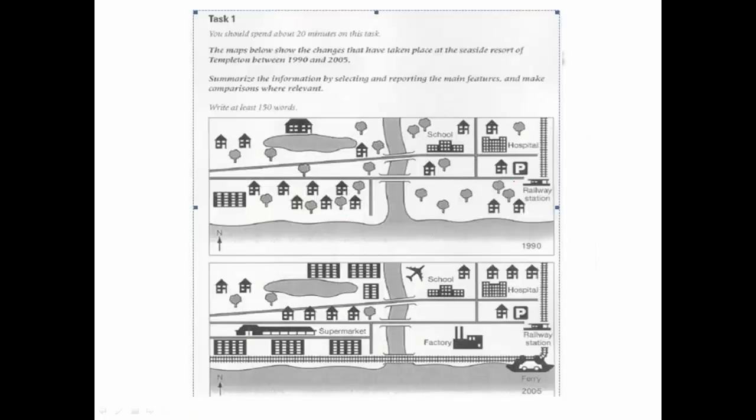So let's look at this map. Here's another example, and we would do the same thing. A useful tip is to divide the map into sections. So if I divide this map between here, so there's one river in the middle, so it makes sense to divide it here, and there's one main road in the middle, so I've divided it into 4. So just to make it easier for you, divide it into grids like this, and then you can do the same here, and it's easier just to